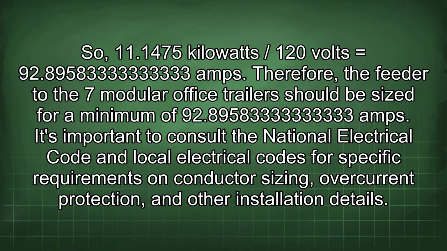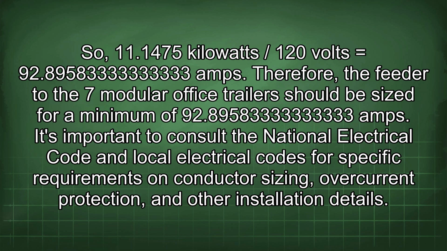Therefore, the feeder to the 7 modular office trailers should be sized for a minimum of about 92.9 amps. It's important to consult the National Electrical Code and local electrical codes for specific requirements on conductor sizing,